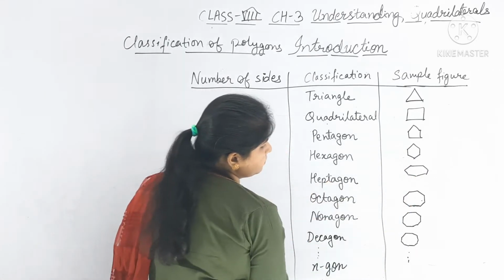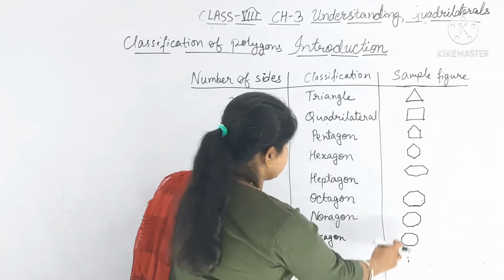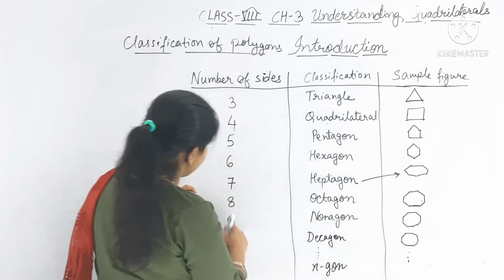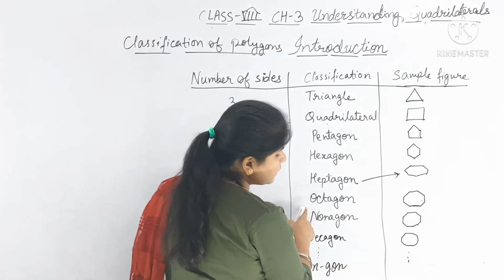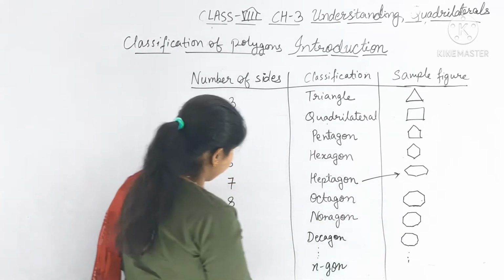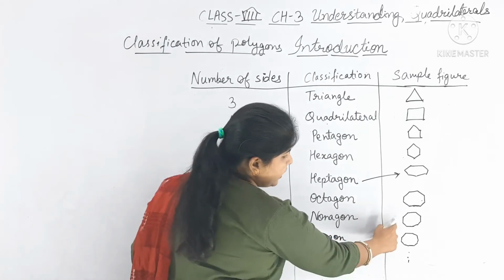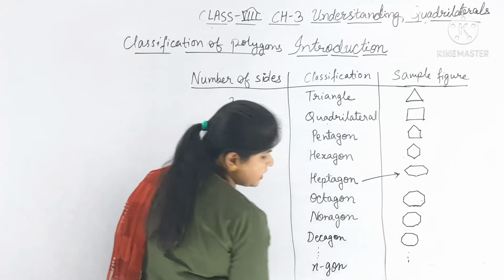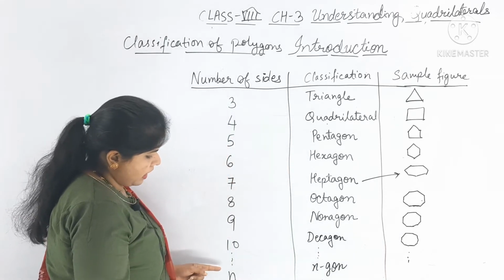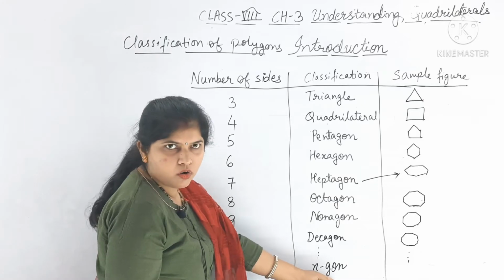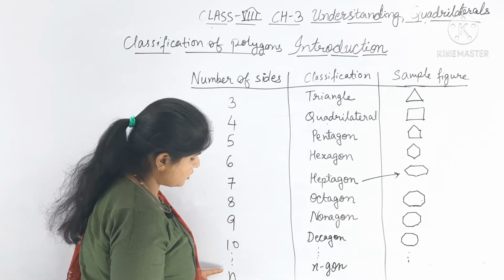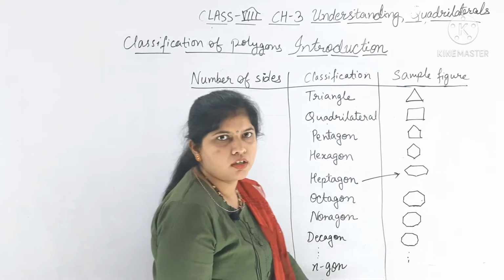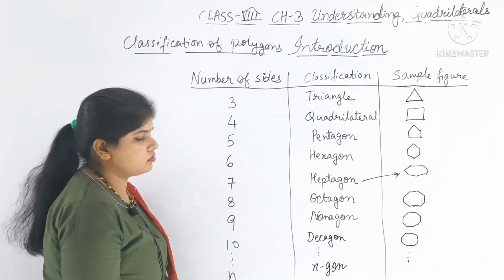7 heptagon. Here this is the figure for heptagon. Okay, 7 sides is there. Here 8 is octagon. Octa means 8, means 8 sides. 9 nonagon, that is 9 sides, and 10 decagon, that is 10 sides is here. Same here for n sides, n-gon. Okay, based on the sides we have to name the polygon and we have to sketch the figure. So this is the classification of polygon.